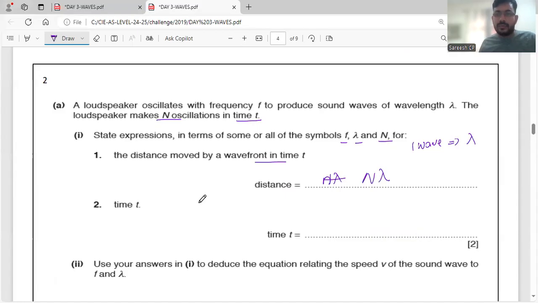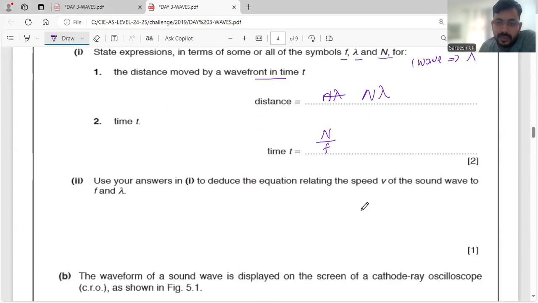And next one, what is the time? The second one is just to find out the time. So we can say that time is equal to the total number of oscillations divided by frequency. That will give you the time. Because frequency is the number of oscillations per second, if 100 oscillations are done and 10 is the frequency, then 100 divided by 10, so it will take 10 seconds for 100 oscillations. And if the frequency is 20, then the time elapsed will be 100 divided by 20,